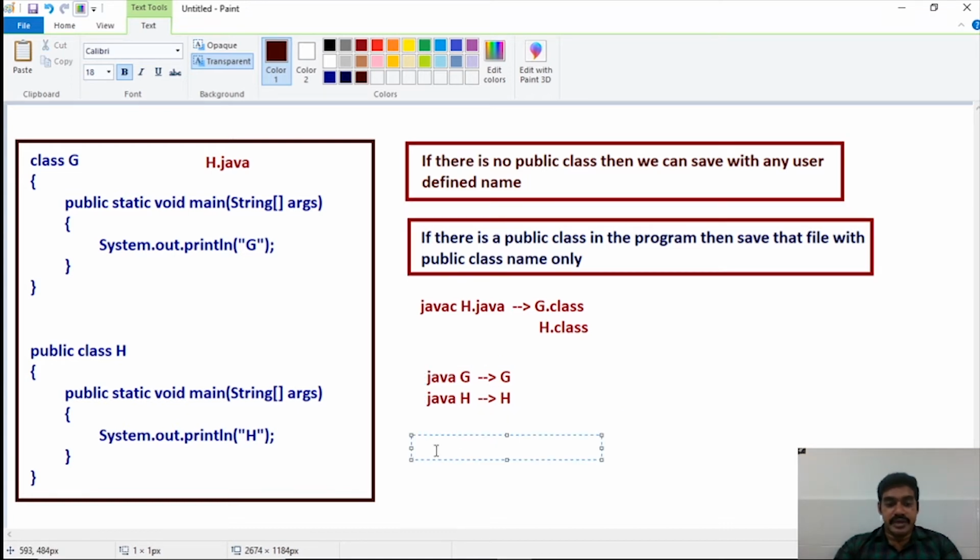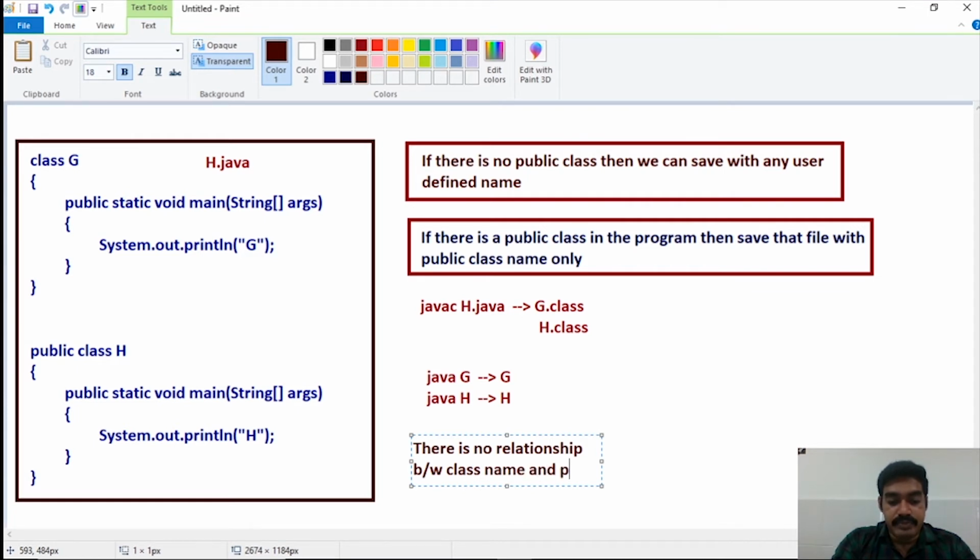Here the important thing is there is no relationship between class name and program name. But there is a relationship between public class name and program name.